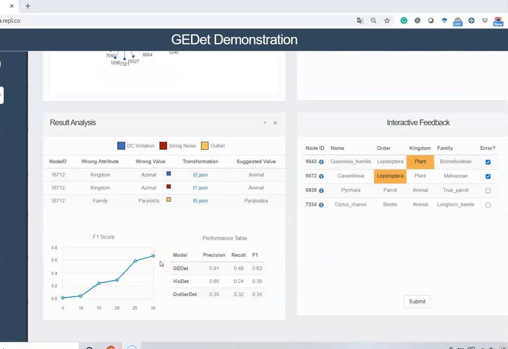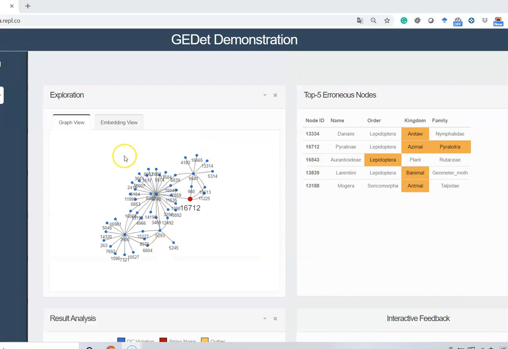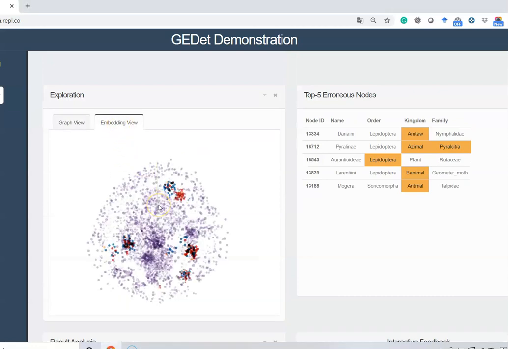After the interactive training is finished, in the result analysis, we can observe how F1 score increases as epochs go up. In the embedding view, we break down the error labels into different erroneous scenarios. For example, blue indicates the data constraint violation, whereas red indicates the string noise. Each individual method only can cover a single color. We can clearly see that GDAT can successfully detect the erroneous node